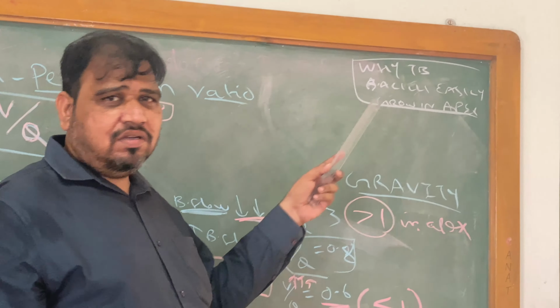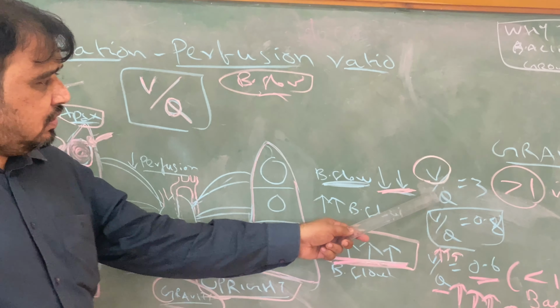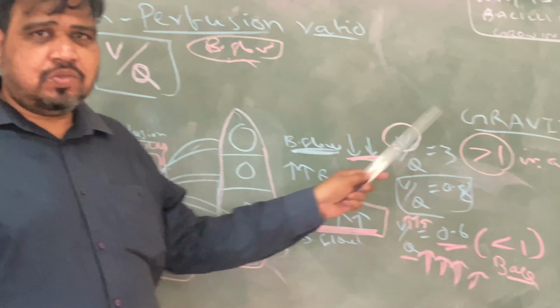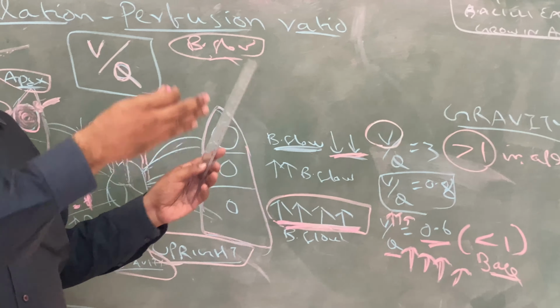Why does TB usually grow more in the apex of the lung than other parts? The reason is, in the apex of the lung, ventilation is more compared to blood flow. That is, the V/Q ratio is more than 1. That means what? Oxygen, whichever is there, is not able to be taken by the blood because blood flow is very, very less. You can see here. In the apex, what happens? The blood has to flow against gravity. So there is no blood flow in the apex to take the oxygen.